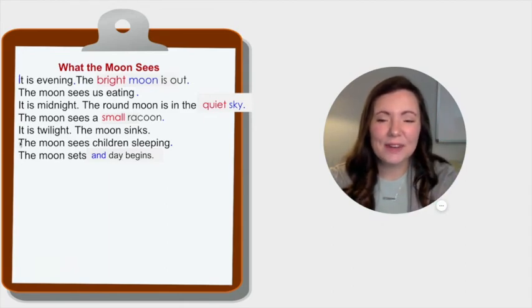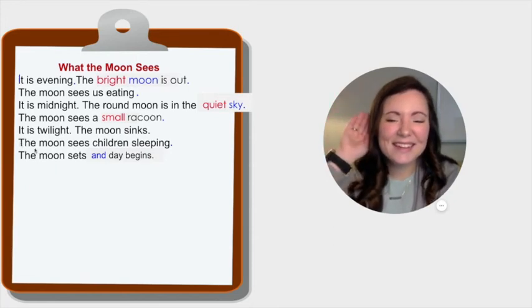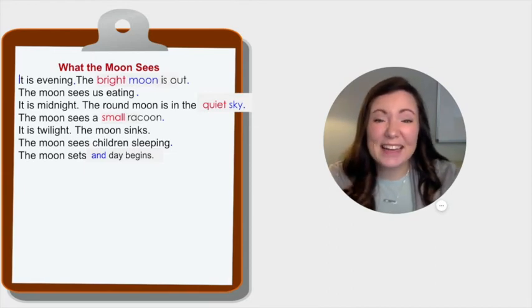Okay, let's read that line with your new adjective. Good. Good job. You are having some good practice adding in those high quality adjectives.